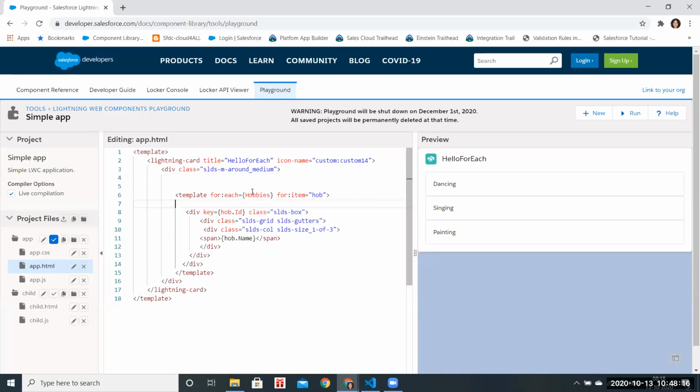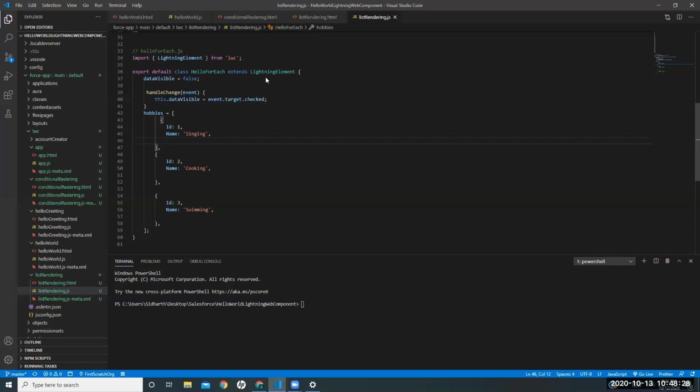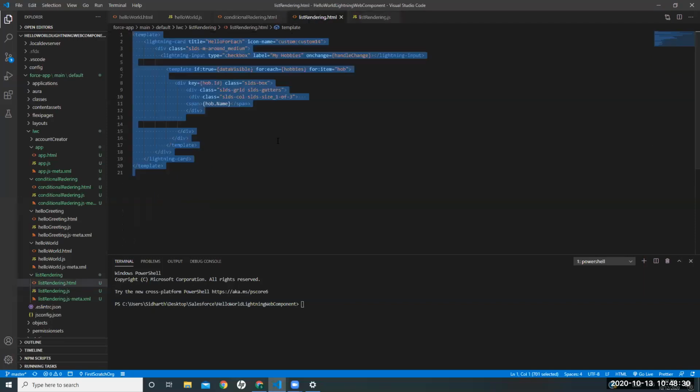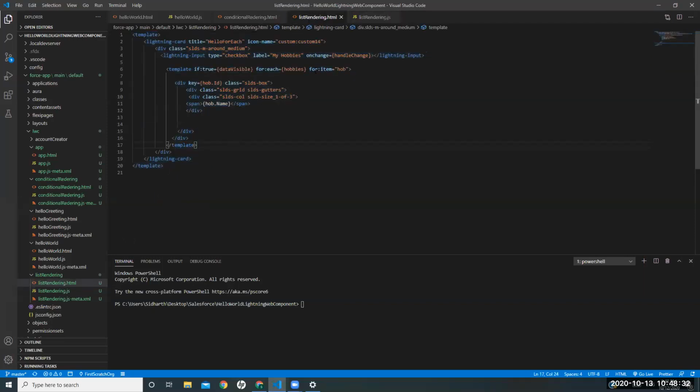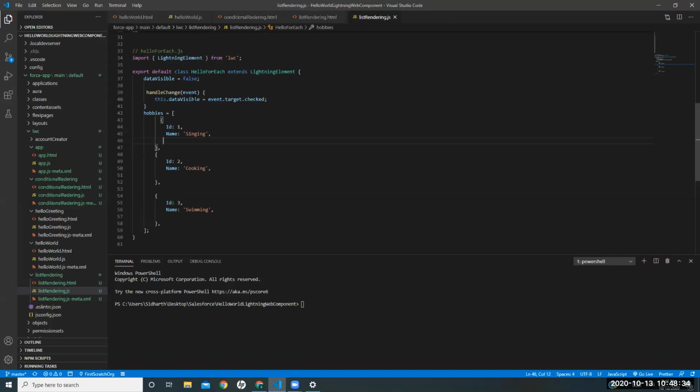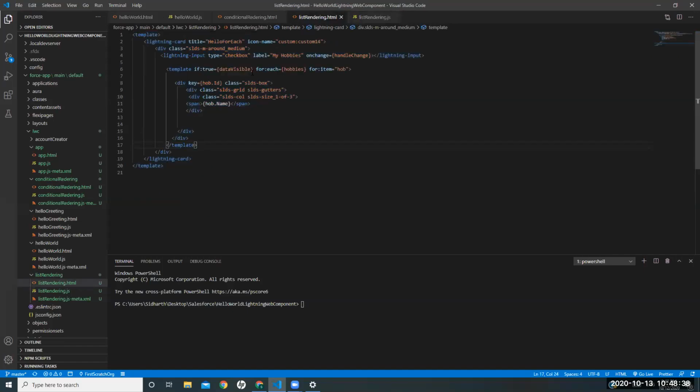Anyone else who wants to share and discuss? Yes, I did the same. Initially in VS, I did conditional, and then when you said remove the condition, this is the condition. I gave my hobbies here, and then set the value. We're getting the value. If it is checked, then it will go into the for loop, and then it will print the hobbies.